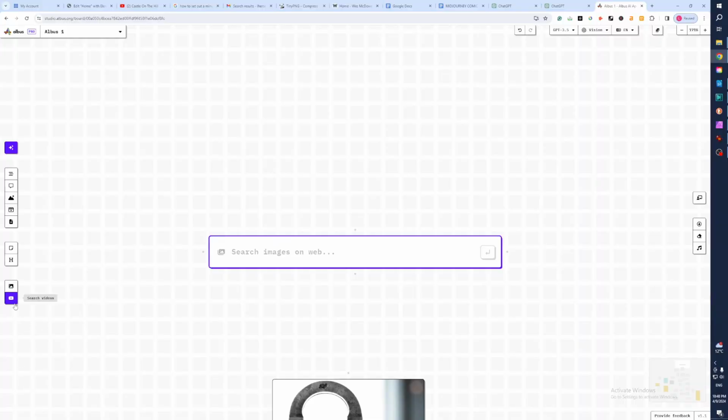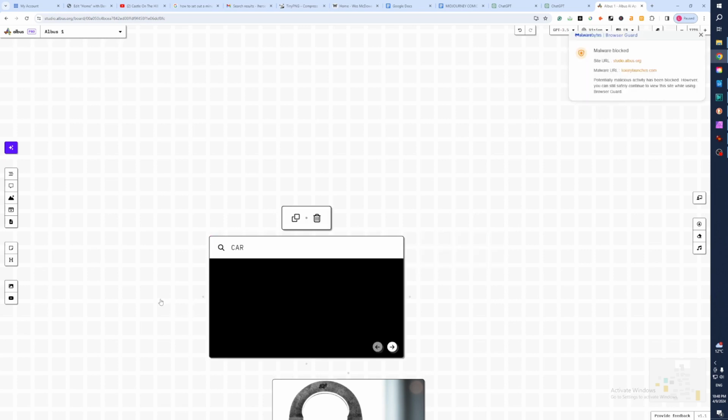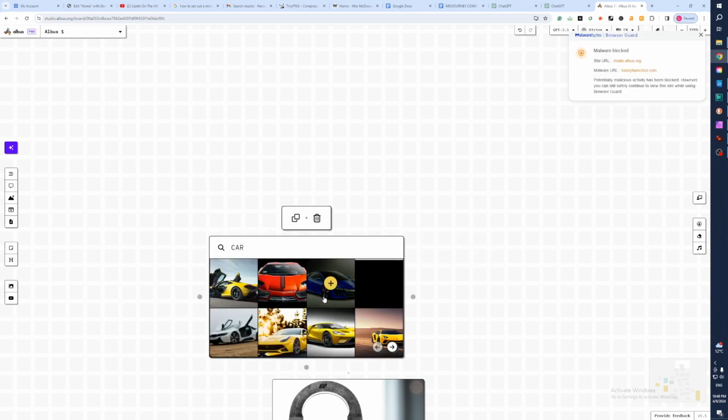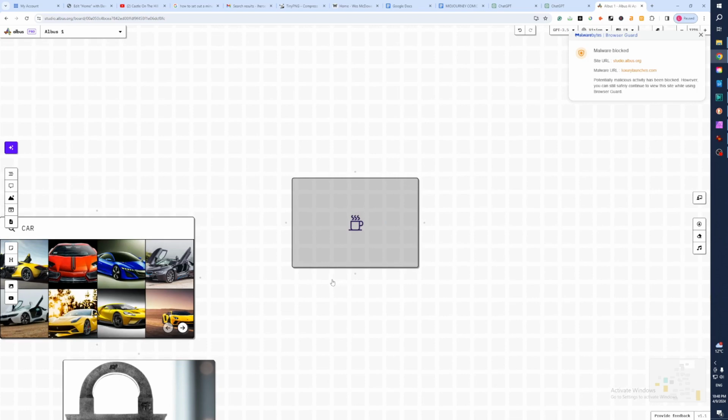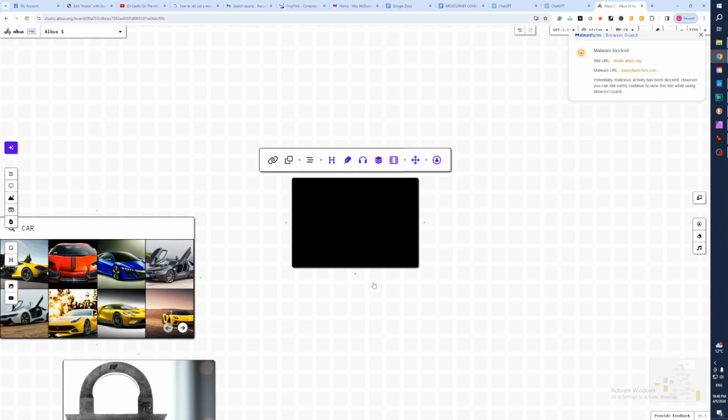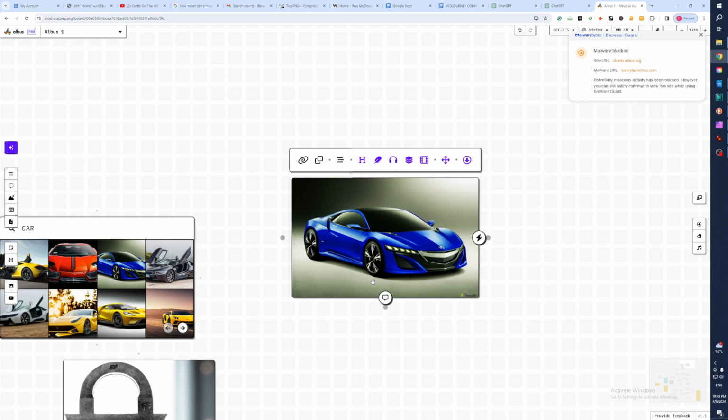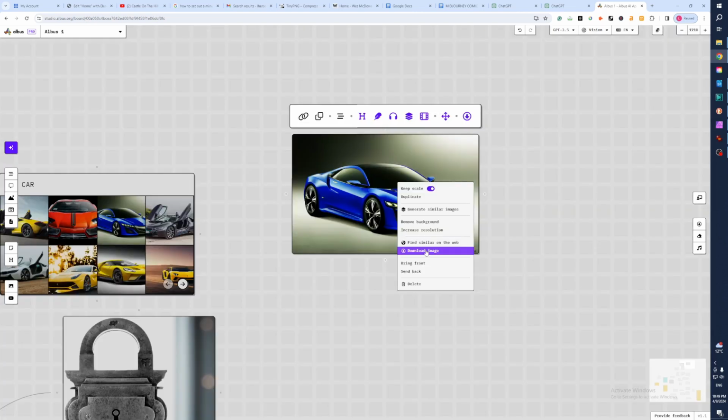Okay, so we're going to look for a car this time, and we're going to try and chop off the car. So let's just see if this works. That's a full car. We want parts of a car. Going to download the image,